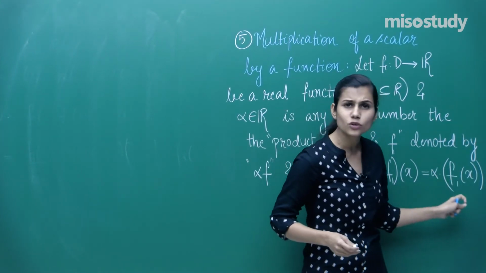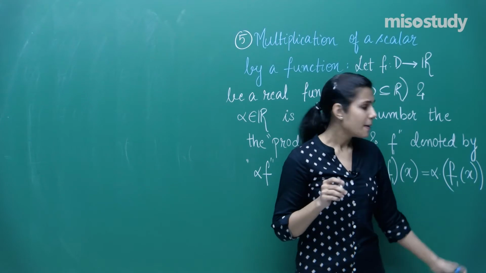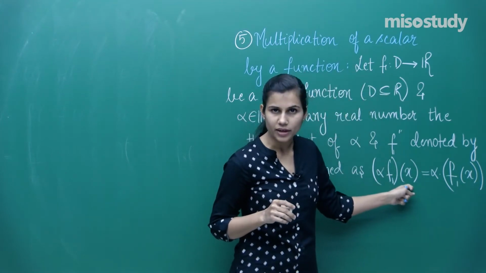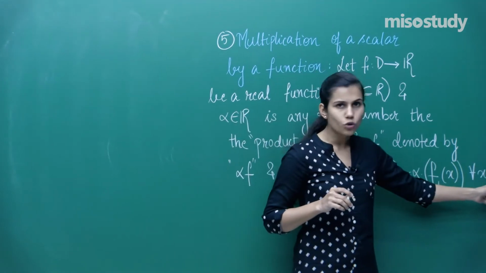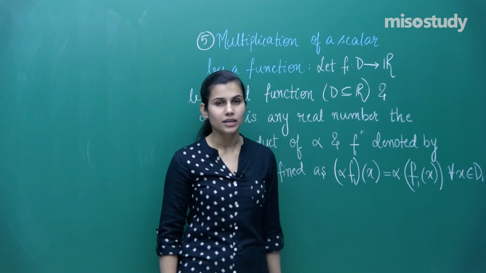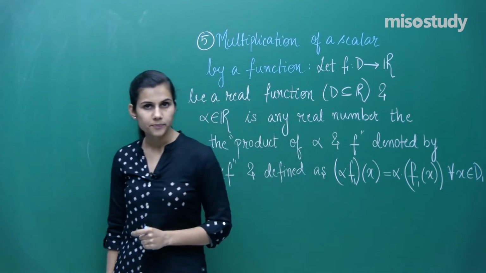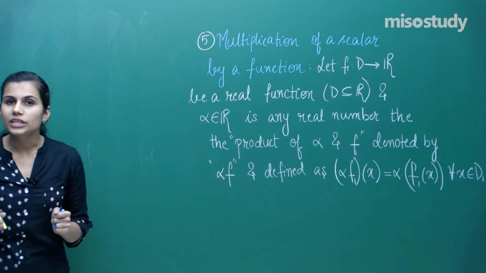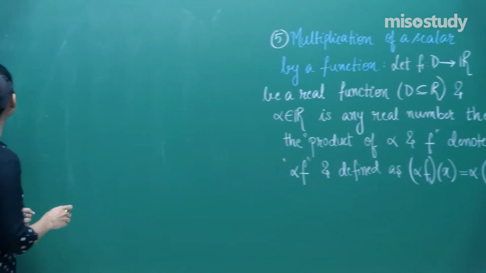There was absolutely no confusion regarding the x which are allowed to come and sit in front of alpha f1. Because for every x in the domain of f1, the same x's were allowed entry inside alpha f1, provided alpha is a real number. Moving to the last operation which is valid for real functions, we have